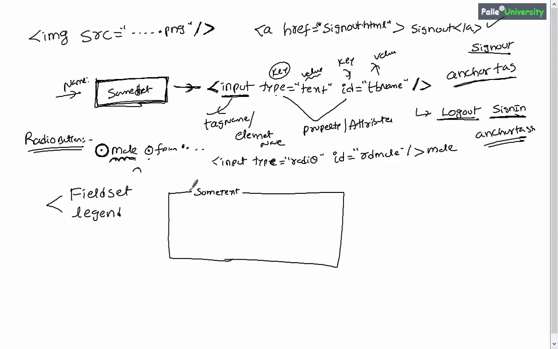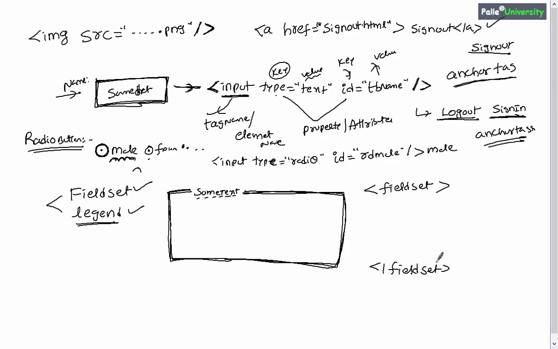In order to create a square or rectangle box like this, which has a gap in the top line for including some text, you will use fieldset and legend. Legend is used for displaying some text, and fieldset is useful for displaying a rectangle box.